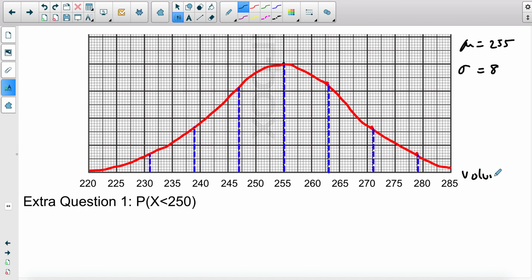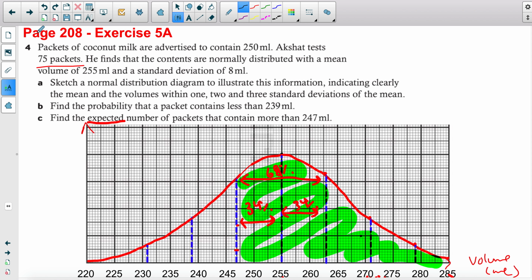We're dealing with a volume. So we have milliliters here, and the y-axis has no label. And so the first part of the video explained how to solve these questions using the values we have of the standard deviations. So things like 247 and 239. So these values we have and we found, and so we use the percentages from the graph, the percentages we know. But sometimes the main question asks us